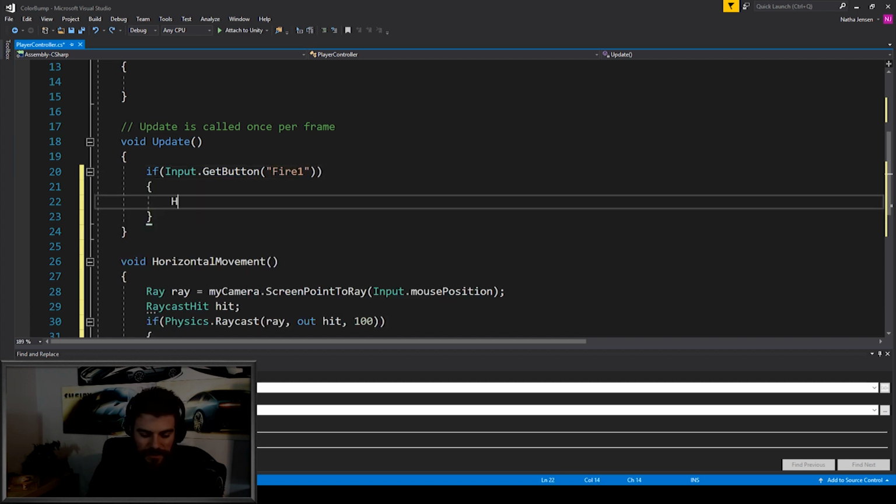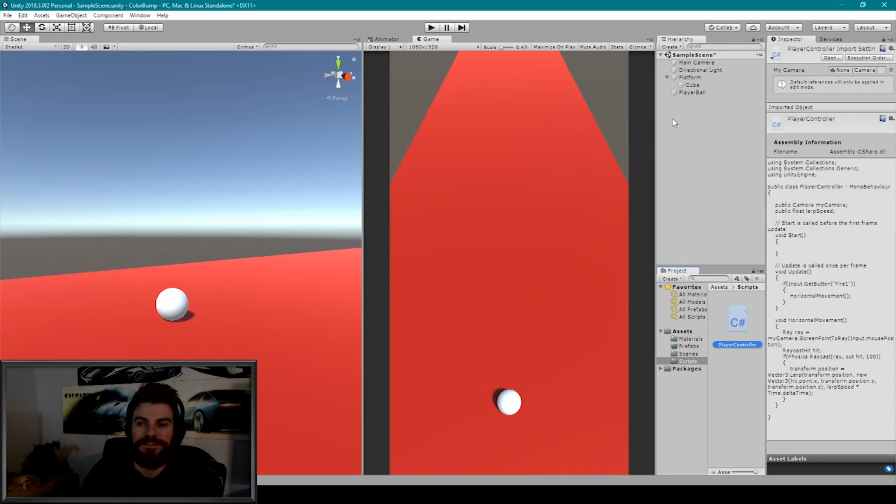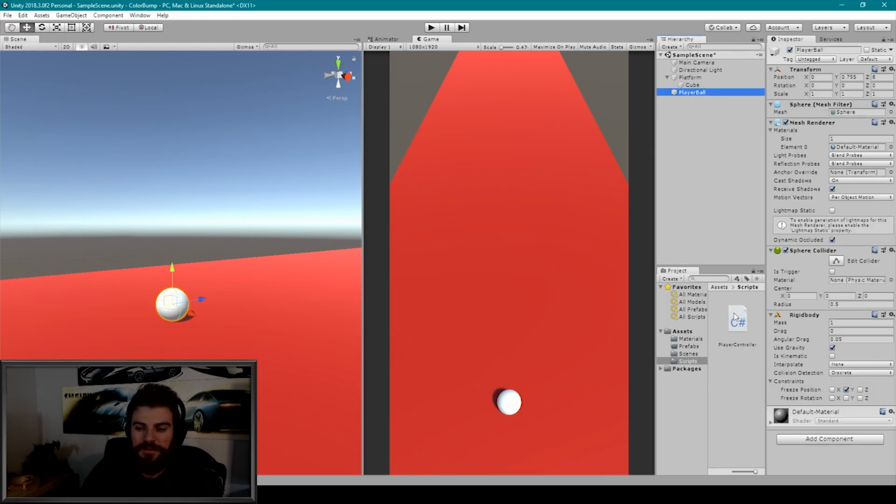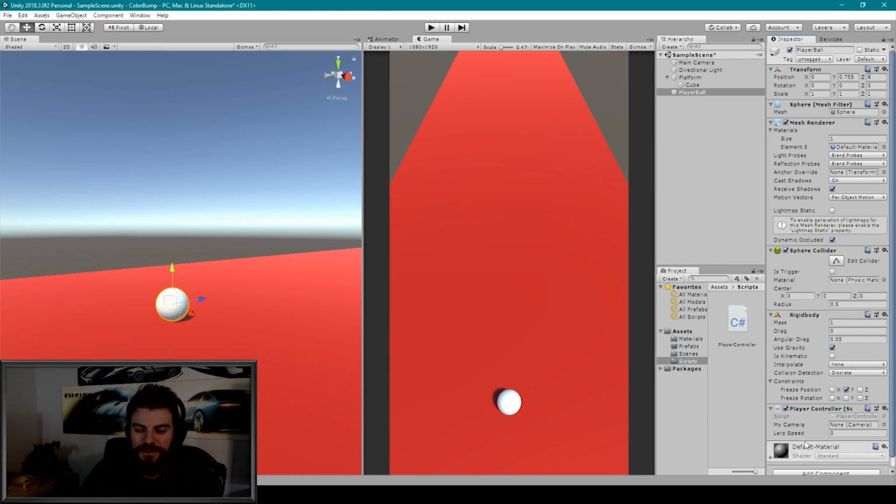We can then call our horizontal movement function, and there I'm going to save it. We can go back to Unity and test it out. So first off, I want to select our ball game object. I'm then going to drag on the player controller script. We then need to assign the myCamera variable, which is the main camera from our hierarchy, and we're going to